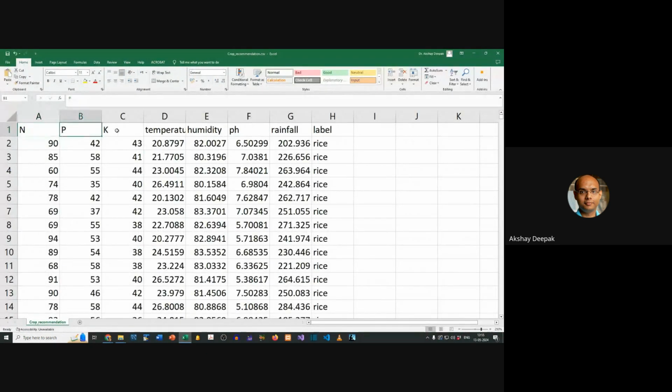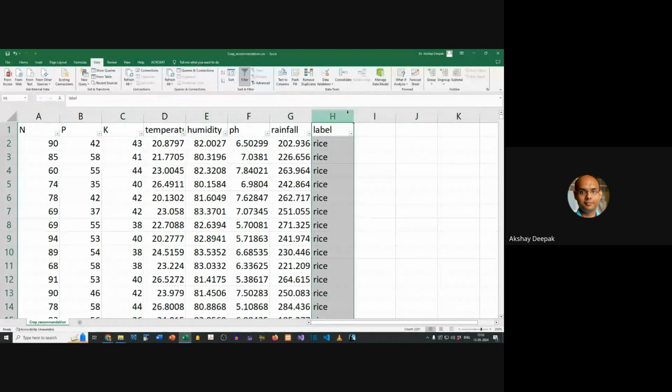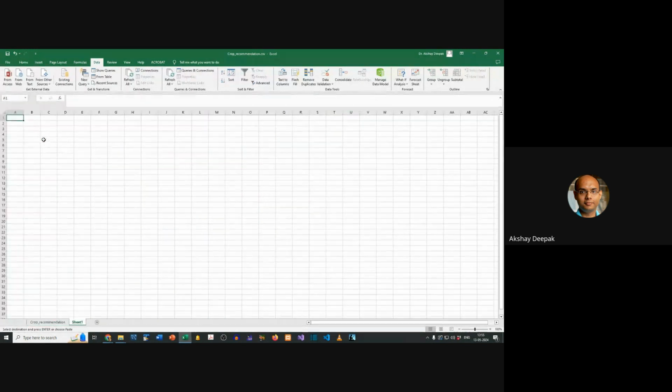It's 1, 2, 3, 4, 5, 6, 7. So 7 are feature values and the recommended crop. The data filter. So you see there are 1, 2, 3, 4, 5, 6, 7, 8, and so on. If you want to see the number of unique values, we can simply paste it